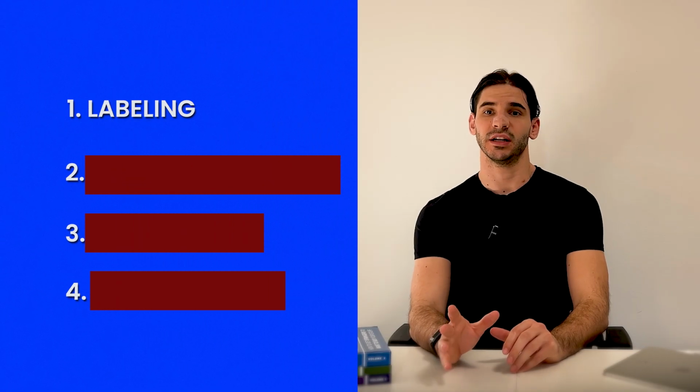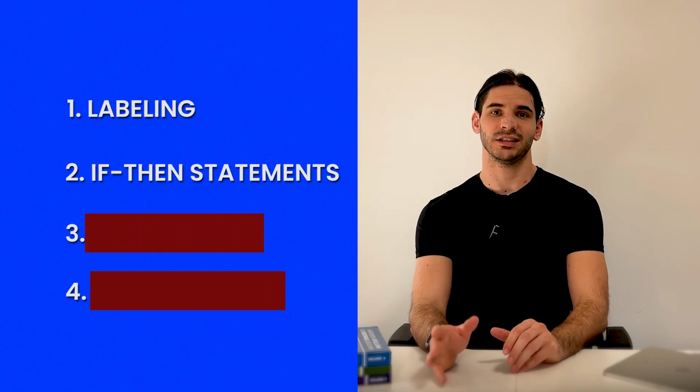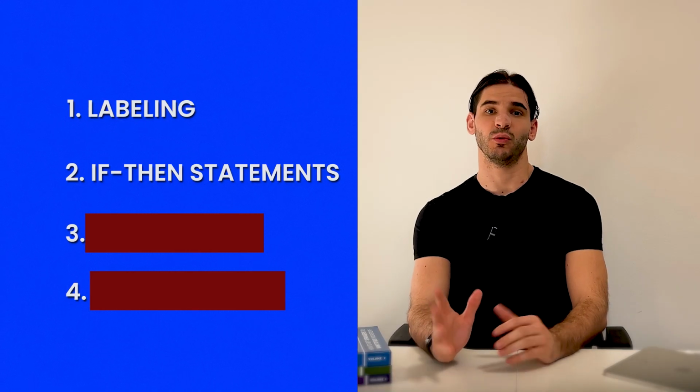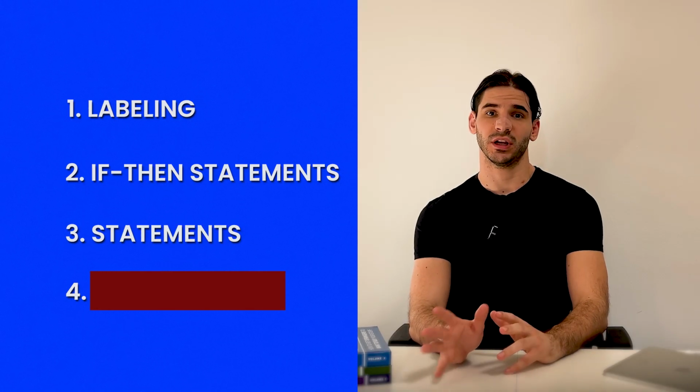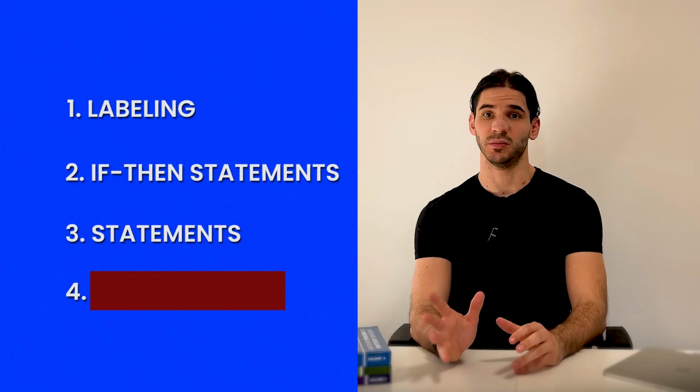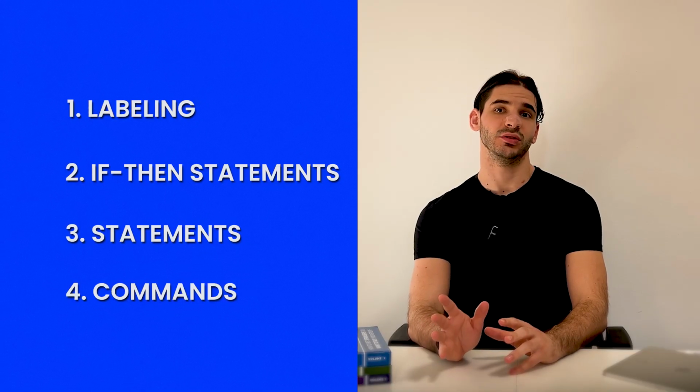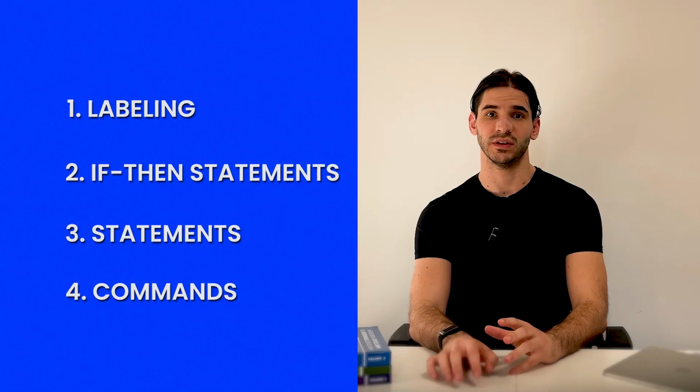All right, let's recap what we learned. If you want ads that actually get attention, your hook is everything. Today we covered 4 powerful hook styles you can start testing immediately. First is labeling, where you directly call out your target audience. Second is if-then statements. This is where you qualify the viewer and promise a clear outcome. Third is statements, which spark interest, curiosity, and make people want to keep watching. Fourth is commands, where you tell the viewer exactly what to do if they have a specific problem. And remember, sometimes the best hook is simply just a killer offer that removes risk and makes people curious instantly.